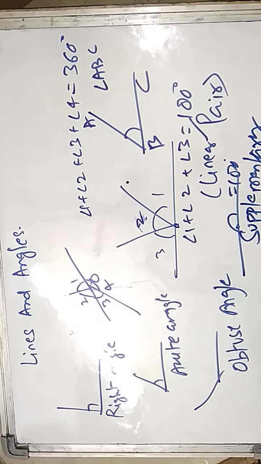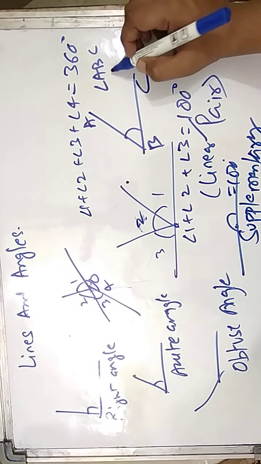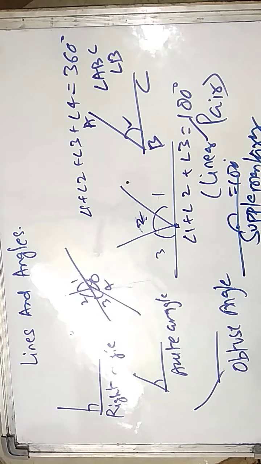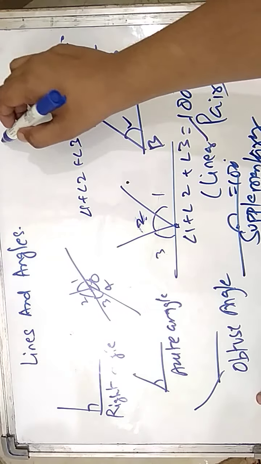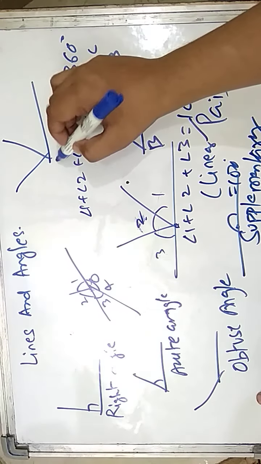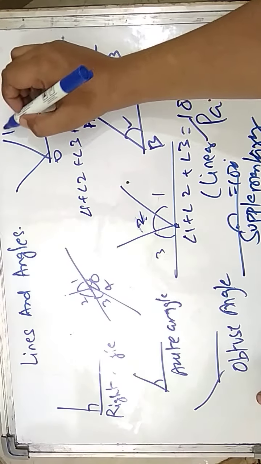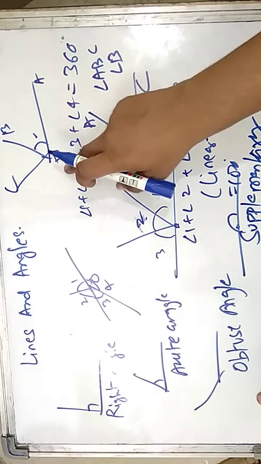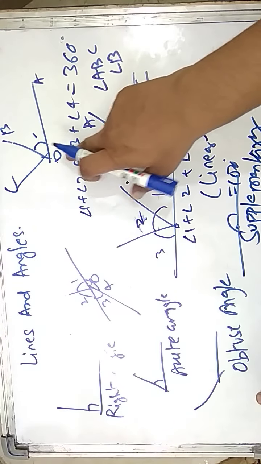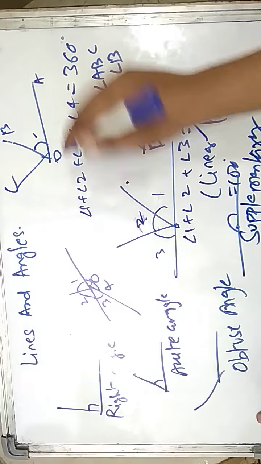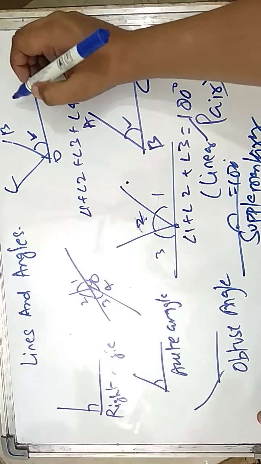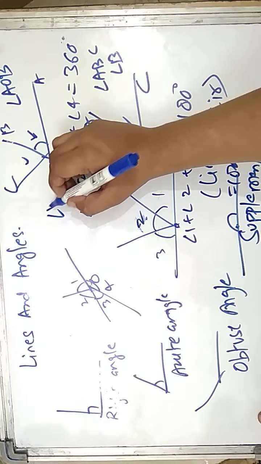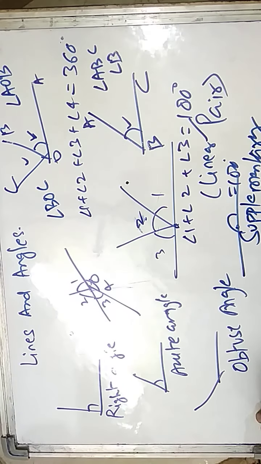Class, we can represent it by angle ABC. Also, when we write angle B, this angle B represents this angle. But one more important thing: if you have this angle and this angle, with point O, and points A, B, C, this angle is represented as angle AOB. You will not call it angle O, because at point O there are two angles. So this angle is angle AOB, and this angle will be angle BOC.